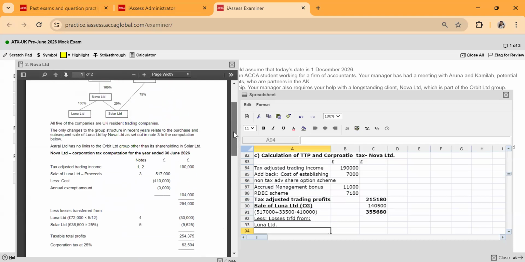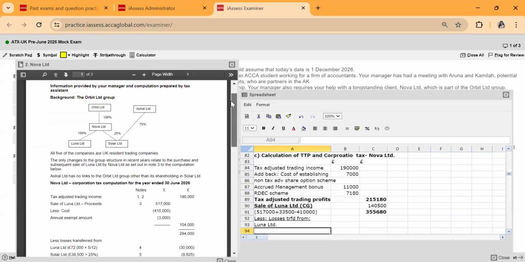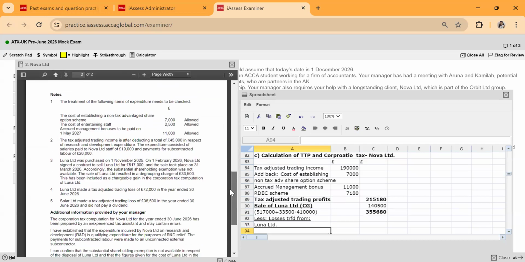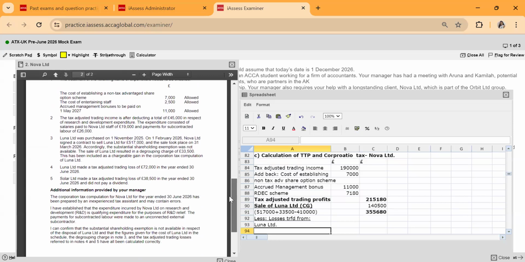When did Luna Limited join the group? Because there was something given about purchasing. So when it became a part of the group, is there any other information also given? It is given here. Look, Luna Limited was purchased on 1st November 25, and the year is ending on,